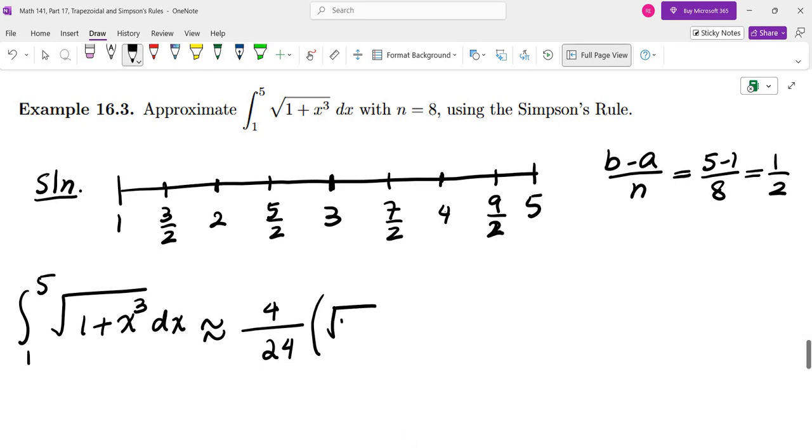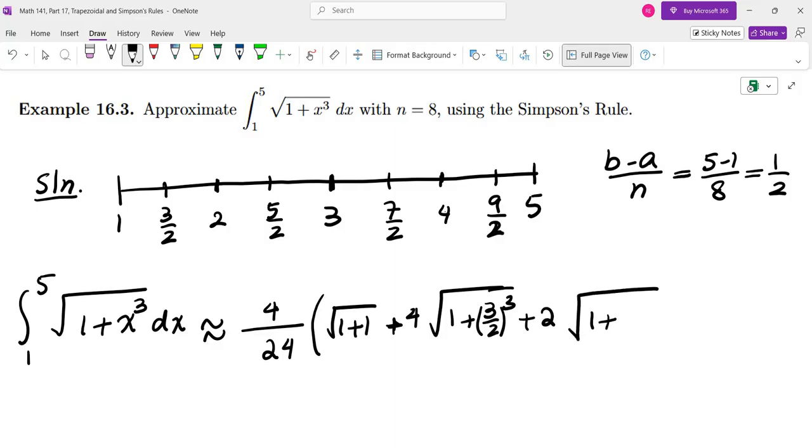The first one is root 1 plus 1 plus 4 times root 1 plus 3 halves cubed plus 2 times root 1 plus 2 cubed plus